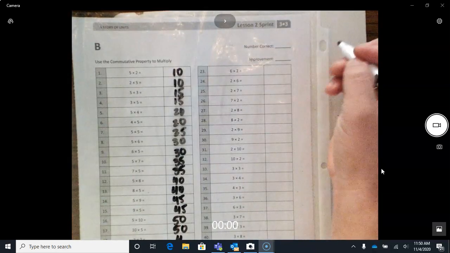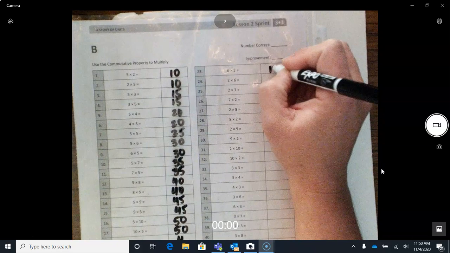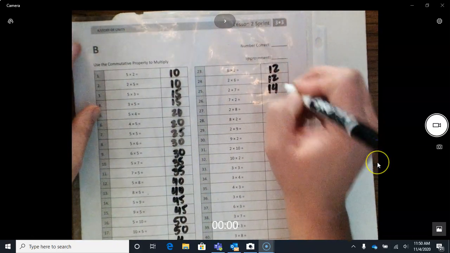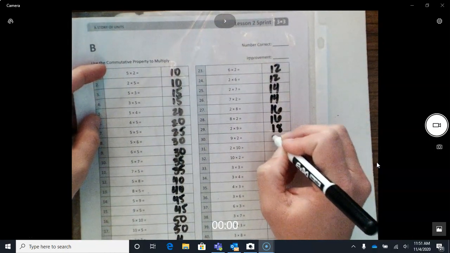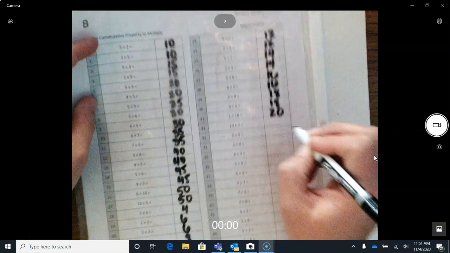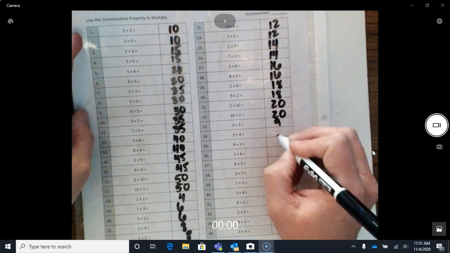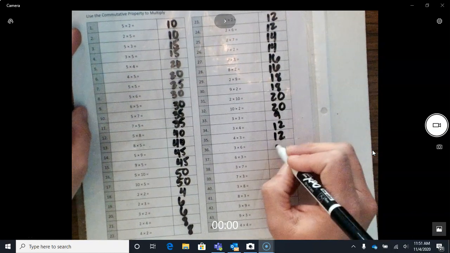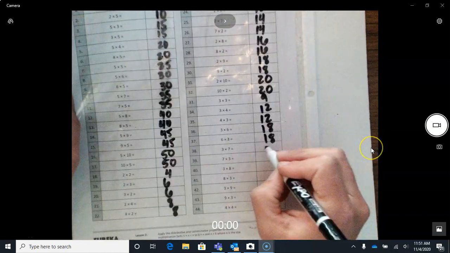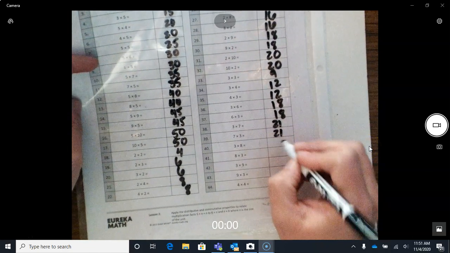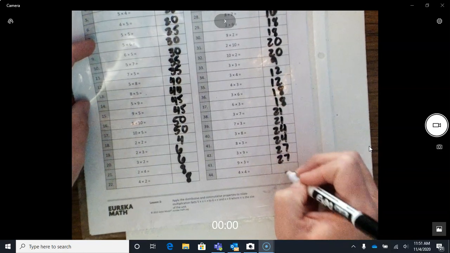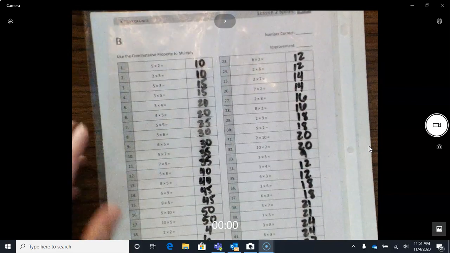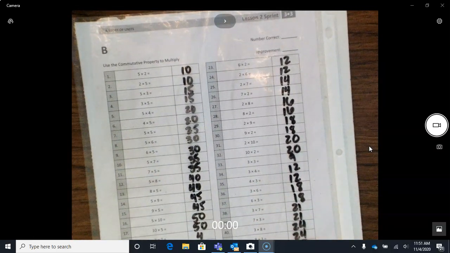Top of the next column. If you got that far, here we go. 12, 12, 14, 14, 16, 16, 18, 18, 20, 20, 9, 12, 12, 18, 18, 21, 21, 24, 24, 27, 27, 16. All right, again, count up how many check marks you got correct on this one, on this side,